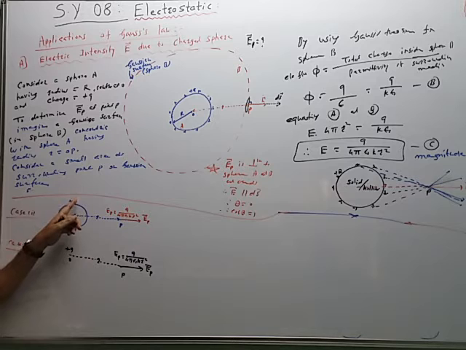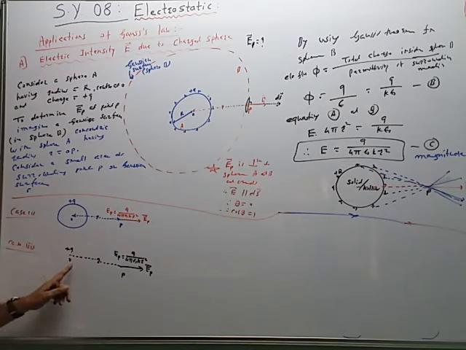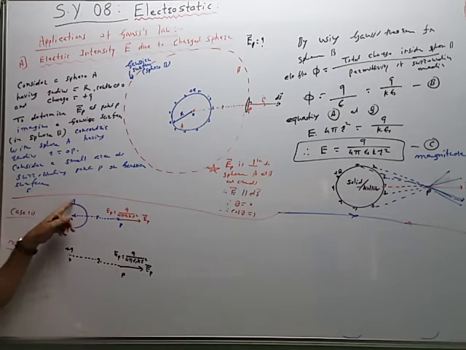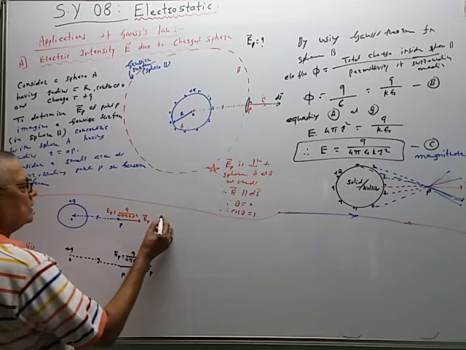So what is the conclusion? The charge q given to the sphere and charge q kept at its center will have the same effect at any outside point. So charge given to the sphere, the conclusion is like this.